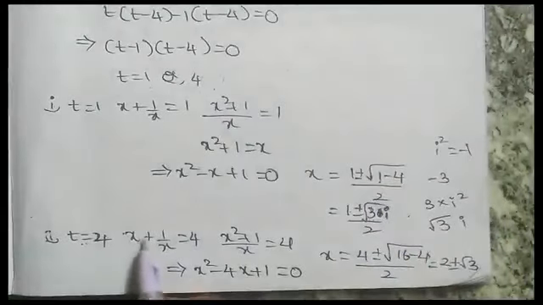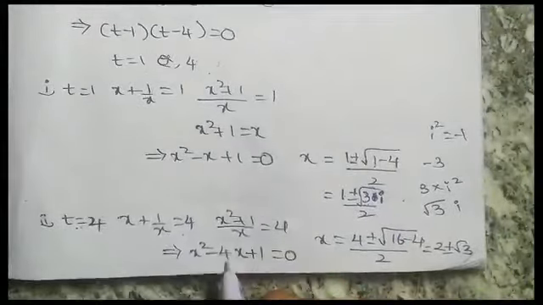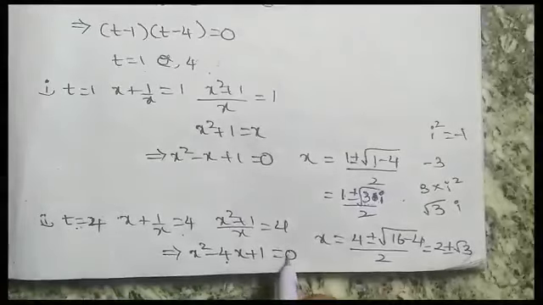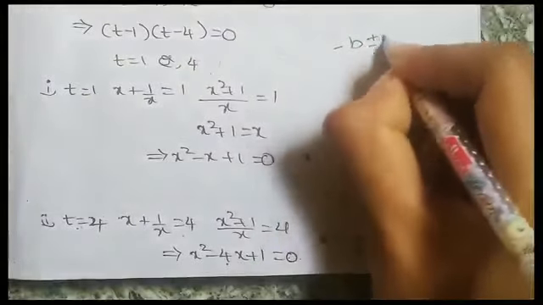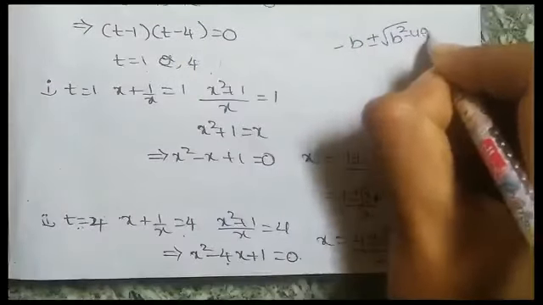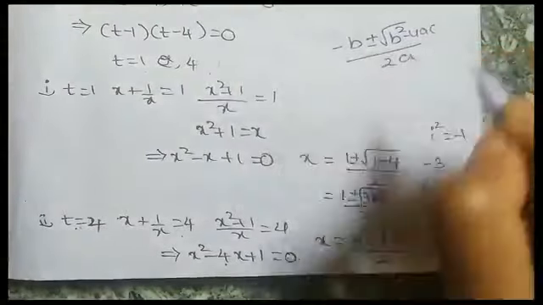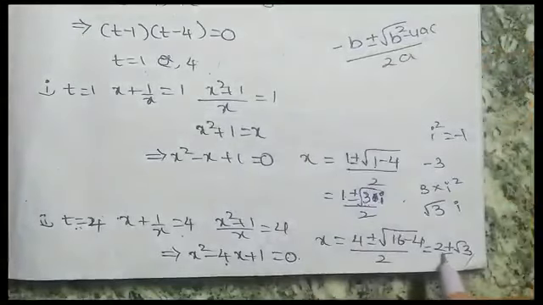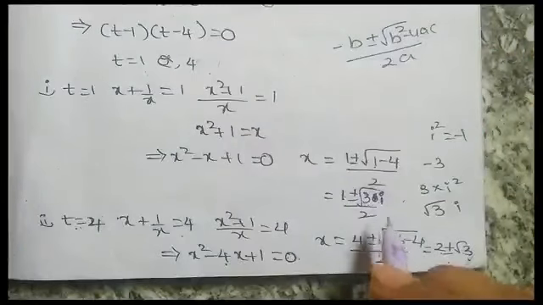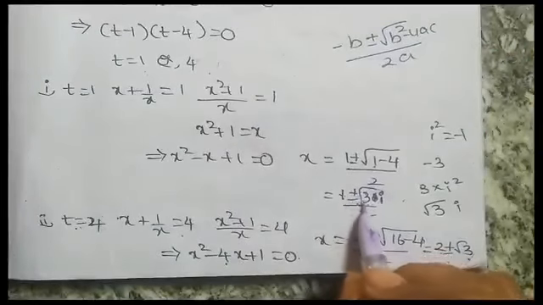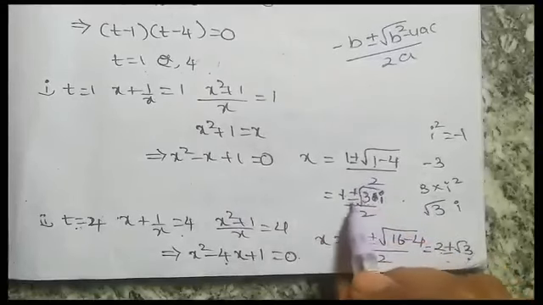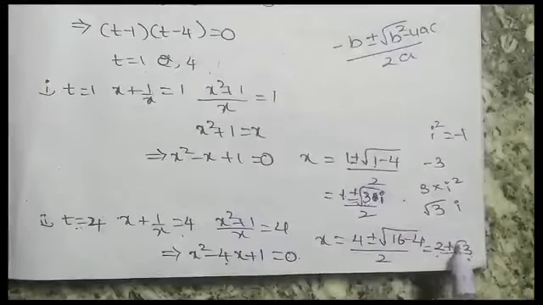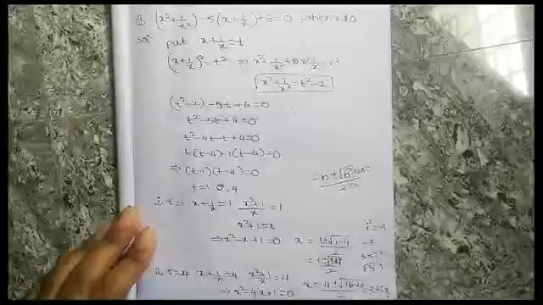So substitute t is equal to 4. Then we will get a quadratic equation, that is x square minus 4x plus 1. So after solving with the formula minus b plus or minus root b square minus 4ac by 2a, which we have learned earlier, we will get 2 plus or minus root 3. So how many roots do we have? Totally 4 roots. One is 1 plus or minus root 3i by 2. Here we have two roots, one with plus and another with minus. Here also one with plus and another one with minus.